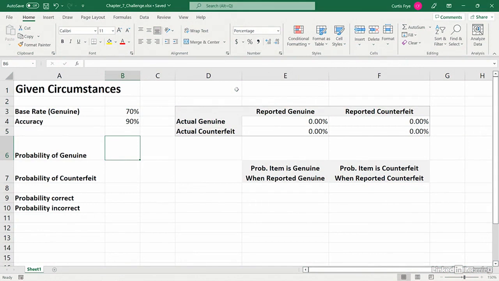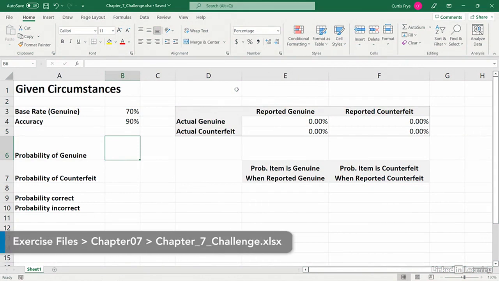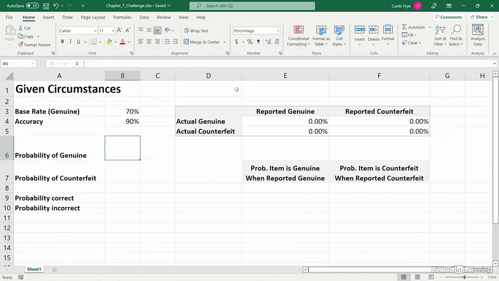Throughout this chapter, I have shown you how to perform Bayesian analysis in Excel. In this movie, I would like to challenge you to solve a problem on your own using the techniques that you learned earlier. Let's assume that a museum is reviewing objects in a particular collection, and it has determined, unfortunately,